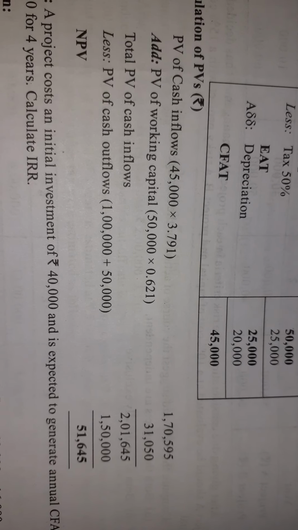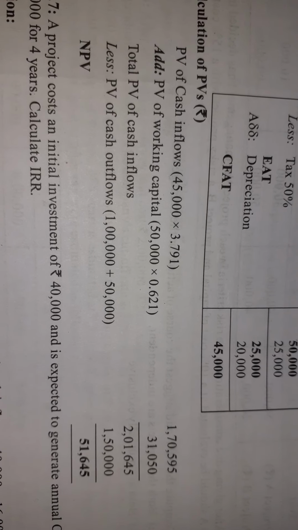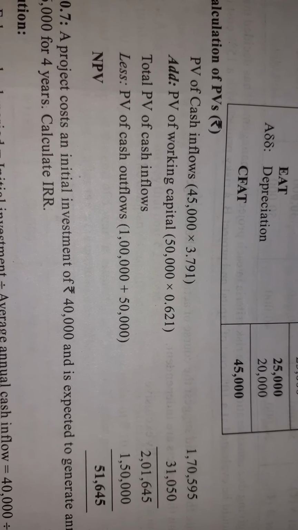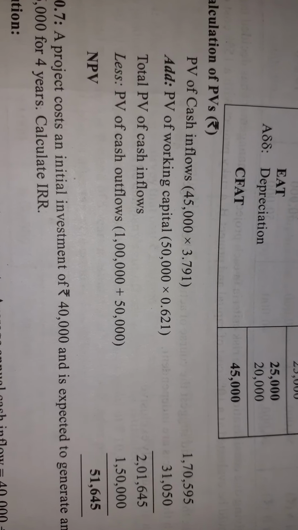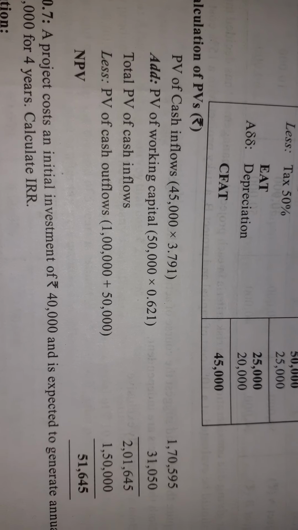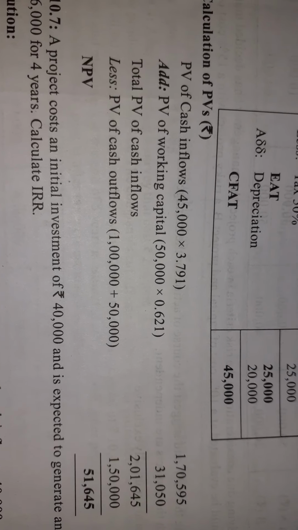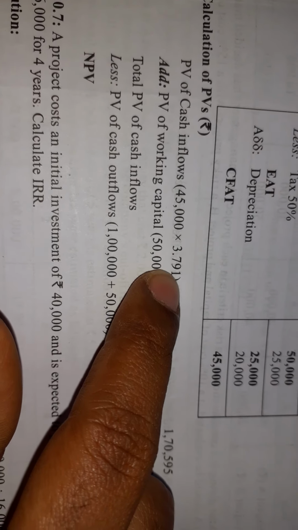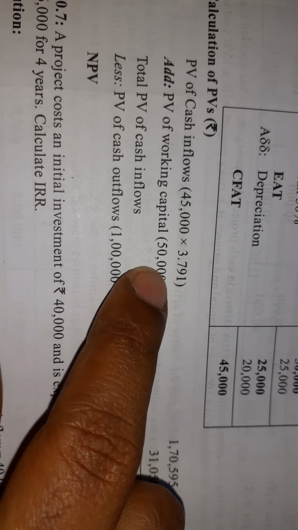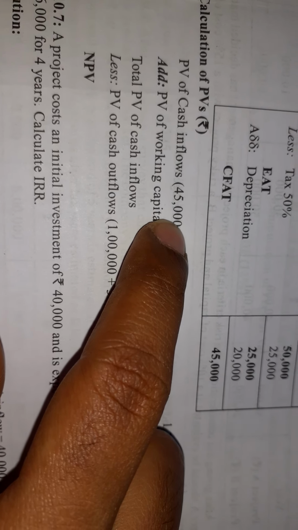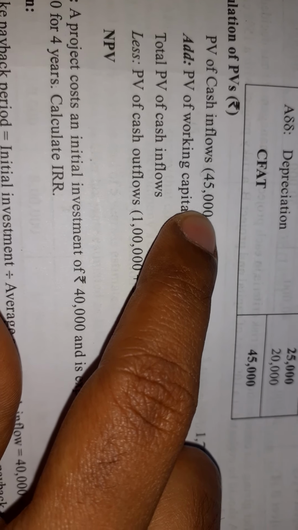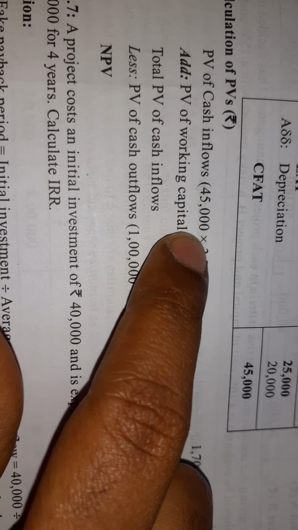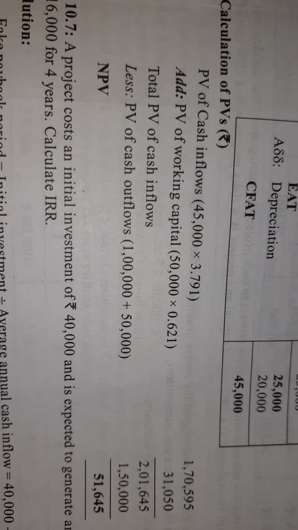Okay. In case there are 5 years, first year 45,000, second year 42,000, third year 43,000, then in that case it is not an annuity, right? Annuity is a fixed sum of money received over a period of time, right? So here you are receiving a fixed amount, that's why you will refer to the annuity table. If you are receiving 45 in the first, 44 in the second, 43 in the third, which table do you refer to? You refer to the present value interest factor table.